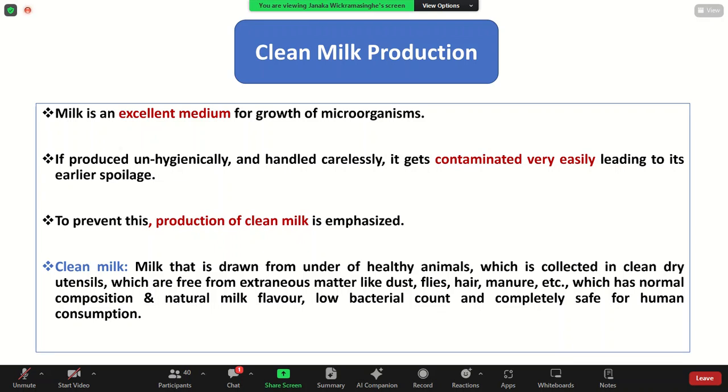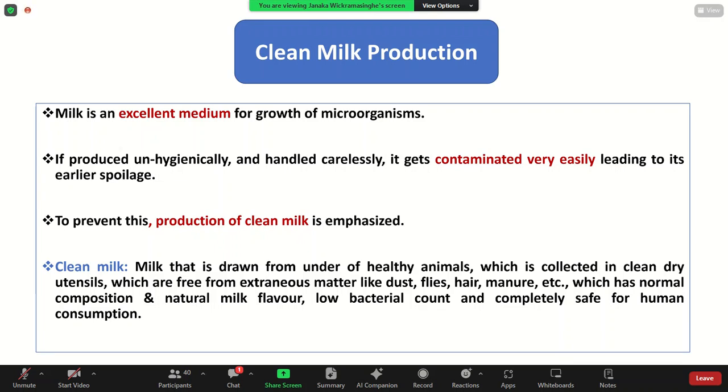So that's what generally happens, right? When it comes to milk, which is an excellent source for the growth of microorganisms because it is a highly nutritious substance, it contains lots of proteins, vitamins, minerals, and fats, sugar, which means carbohydrate, and lots of nutrients, right? So what happens if we produce milk